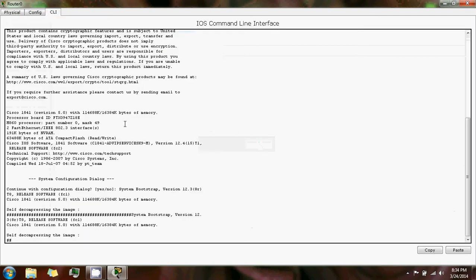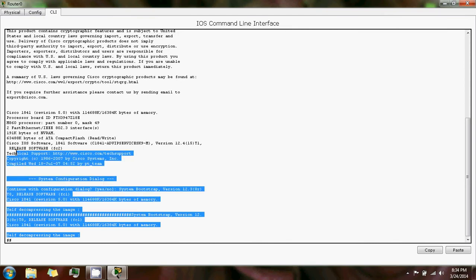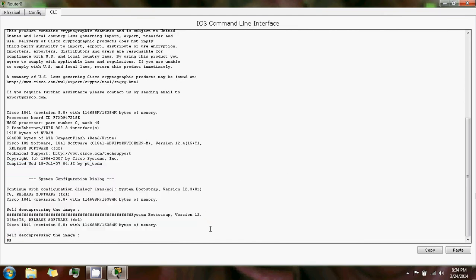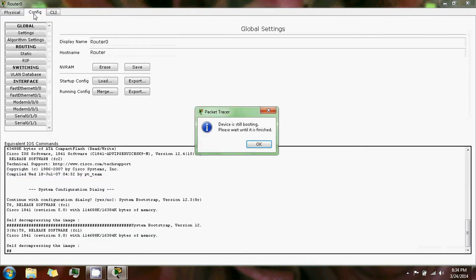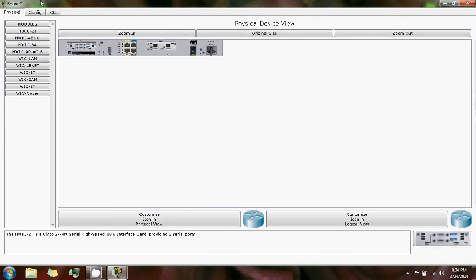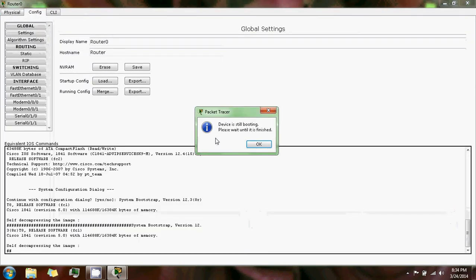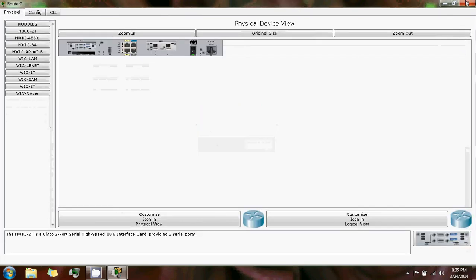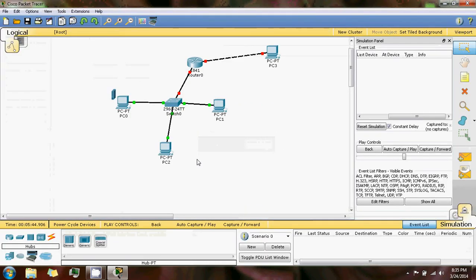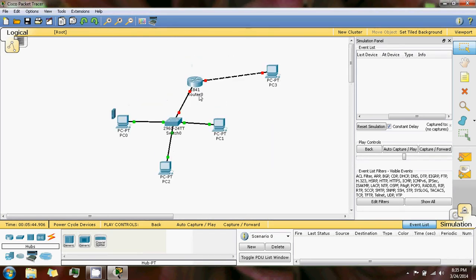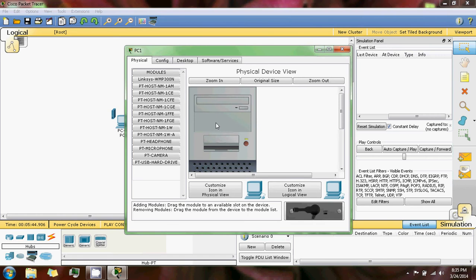The device is still booting, so we have to wait. So let's go to the command prompt, and here it will show you that it is booting. Until it starts, you can't do anything. So let's wait for this to get booted completely. By the time, we can do other things. Now if you double click this,